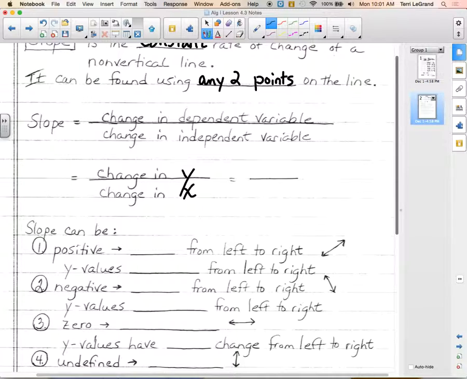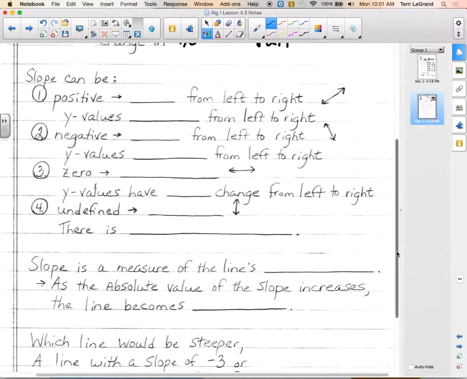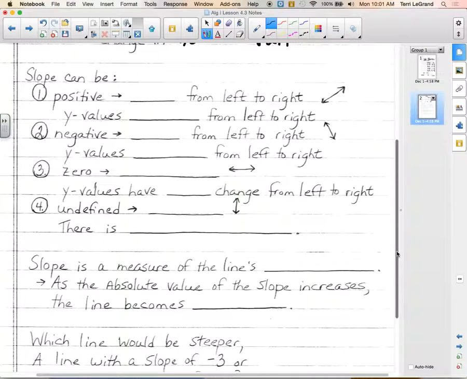And another way they talk about change in Y, because remember Y is the vertical, is the rise. Change in X is the horizontal, we call that run. Rise over run. So instead of change in Y over change in X, or change in dependent variable over change in independent variable, you will oftentimes hear slope referred to as just rise over run. Okay, and slope is something that you're always going to have to be able to